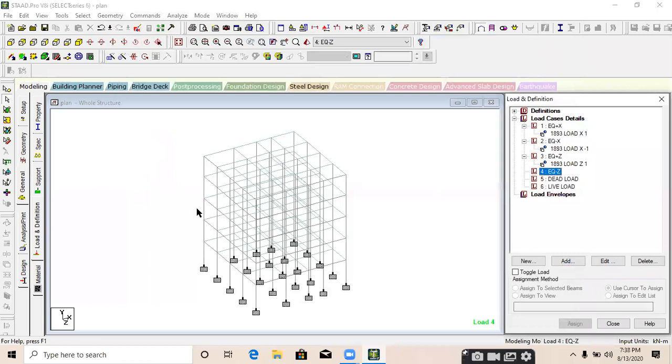Add seismic load, z direction minus 1 factor. Add and close. All the loads are assigned. Then go to dead load. Add